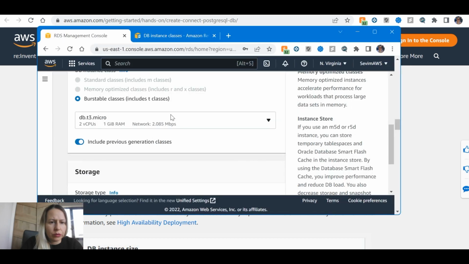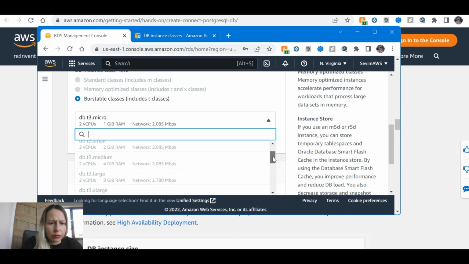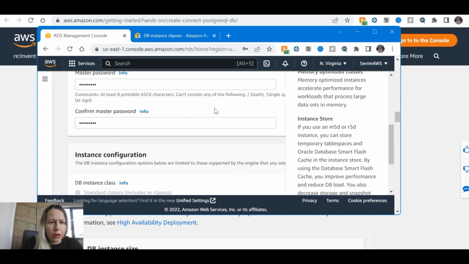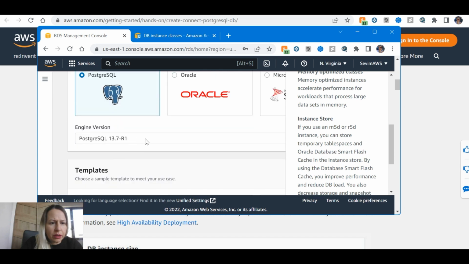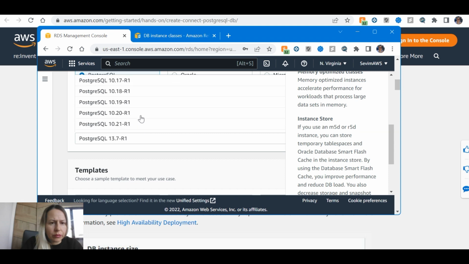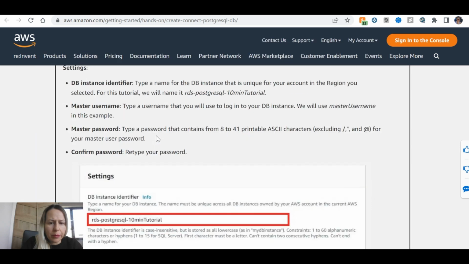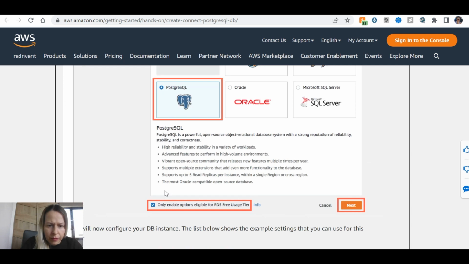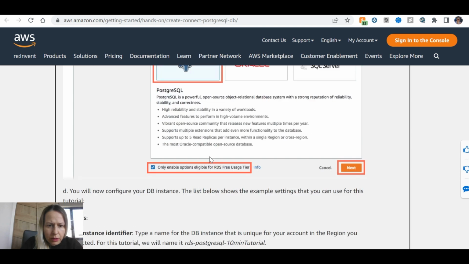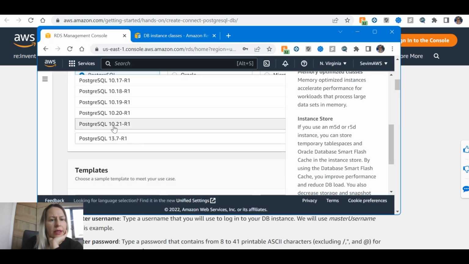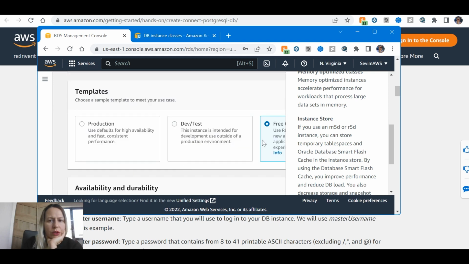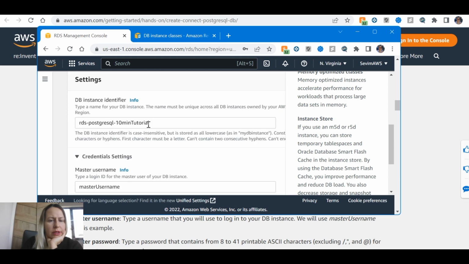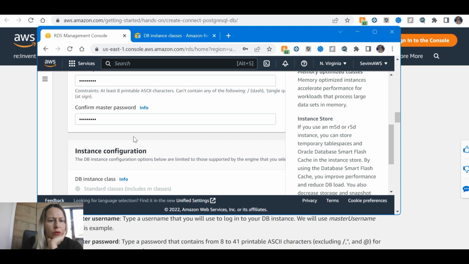db.t2.micro. What am I missing? PostgreSQL. Which PostgreSQL version should that be? I think this is a little old version. Production, free tier, availability, settings, name, password,